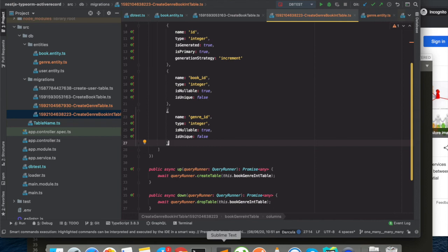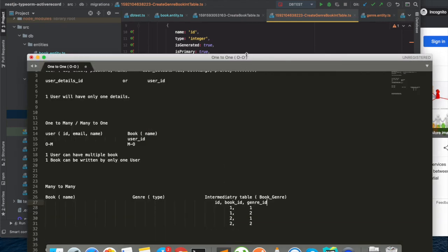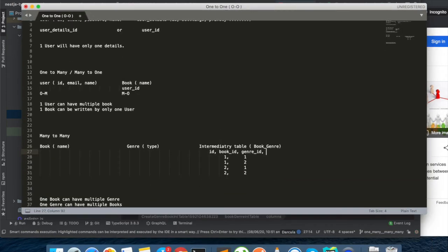So for that, let's see how the table would be. We would have one more column here, let's say is primary, and for book number 1 the genre ID 1 would be true, for the other it would be false, for another it may be true, and let's say it would be false.